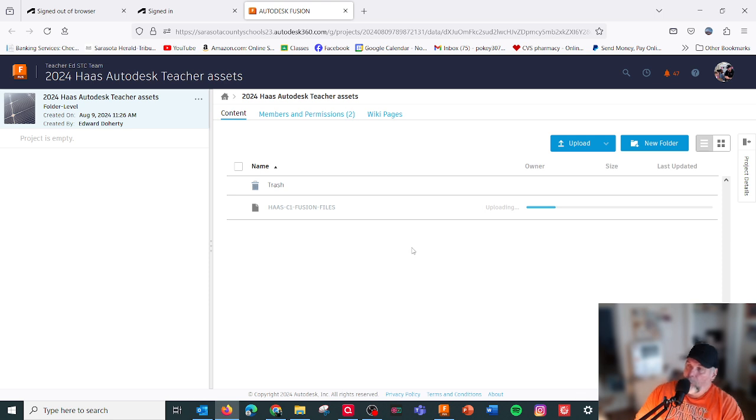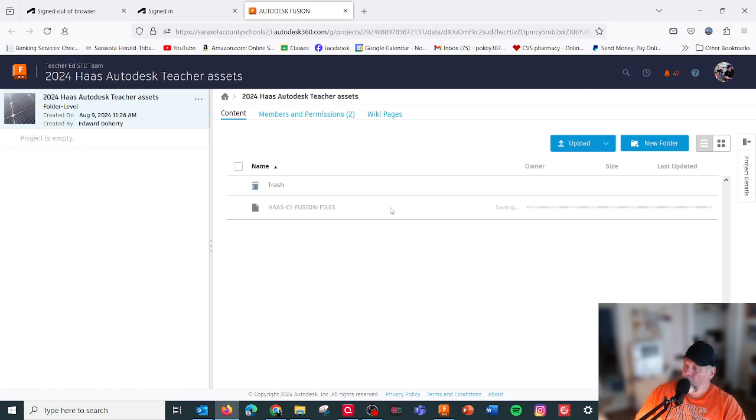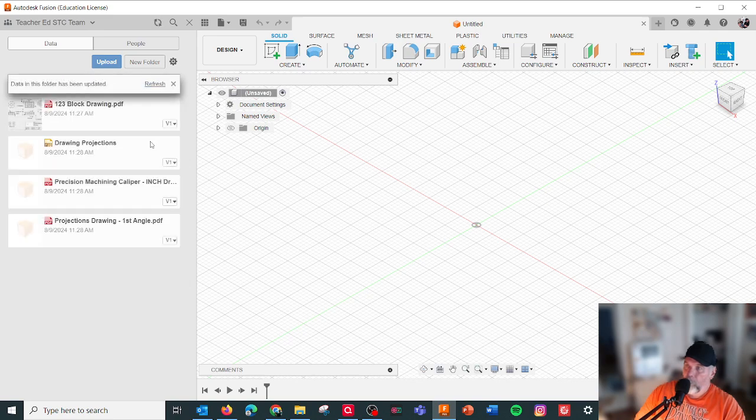But students can just do individual uploads in the Fusion Active area. You can't really do folder uploads through Fusion, through this area. See, right now it's even saying that it's updating. All right, still saving. I can go back. What's in there? Fusion files, blueprint files. Oh, here's one here. Refresh. All right, so they got some